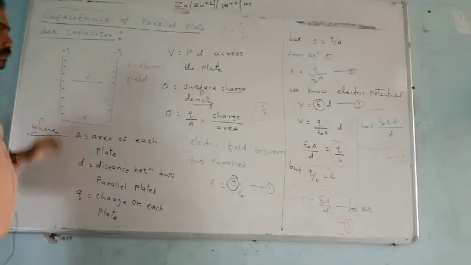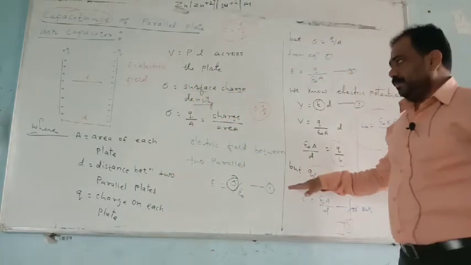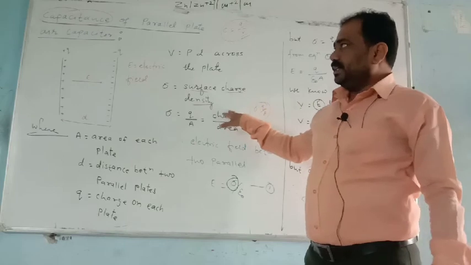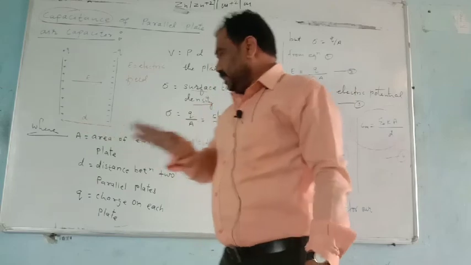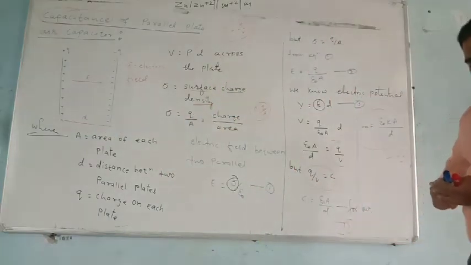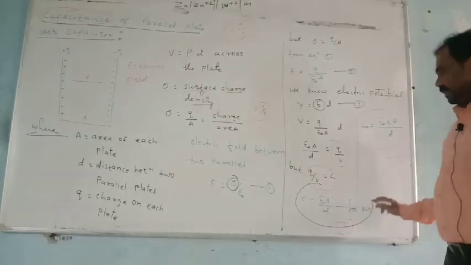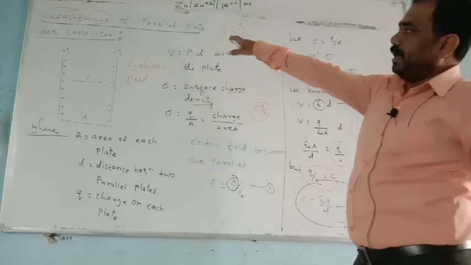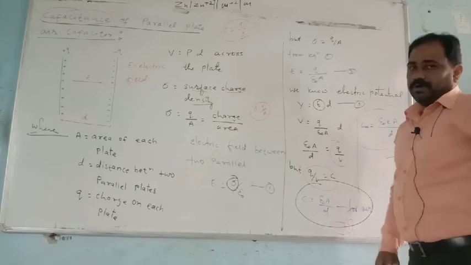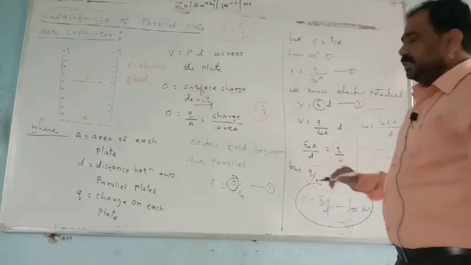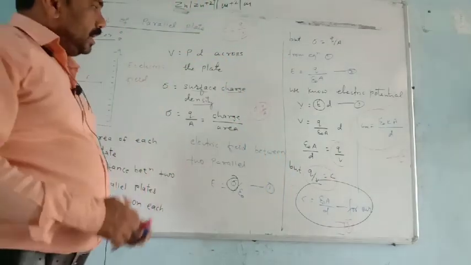To solve a number of applications or MCQs, you must know this theoretical part, that is, what is surface charge density. And if we want to calculate the capacitance of this parallel plate air capacitor, then we should know this formula, equation number 3. So C is equal to epsilon naught into A upon D for air, and for a medium you just have to put epsilon naught into k into A upon D.